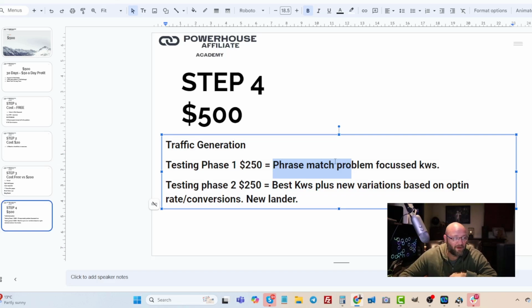And you're going to spend about $250, but keep in mind that your $250 should be spread amongst maybe 10 to 15 keywords tops. So you're going to find 10 really good keywords, low cost, and you're going to be sending that traffic to 2 different landing pages. So you need to create 2 landing pages, because you're testing here. You're not only testing keywords, but you're testing ads and you're testing landing pages, and hopefully you're also testing your